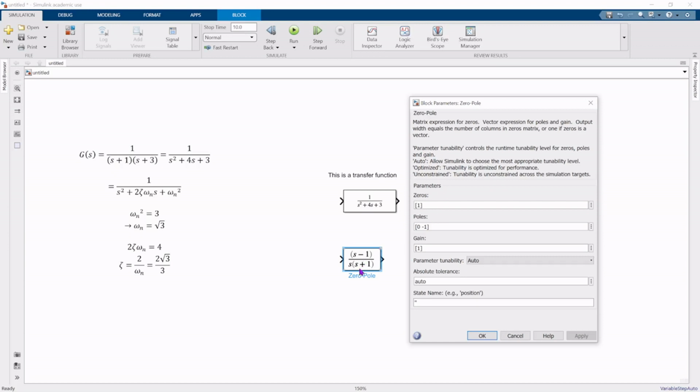So if we look at what's implemented by default, we have a 0 at the value of 1, and so that corresponds to an s minus 1 in the numerator. We then have a 0 and a negative 1 for the two poles. So the 0 corresponds to an s, and then the negative 1 corresponds to an s plus 1. And then we see the coefficient out in front, well, it's not shown because it's 1, but